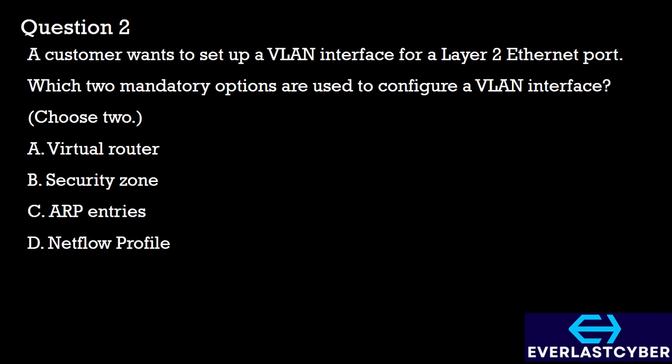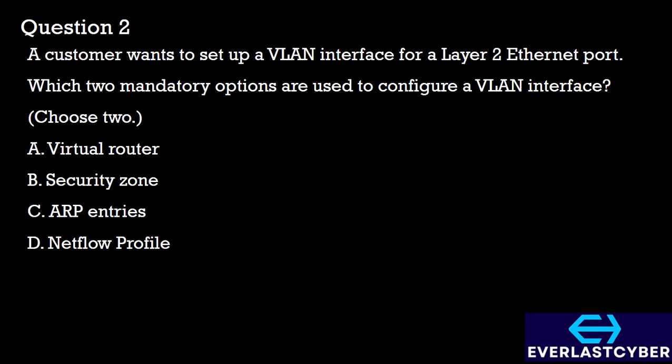A VLAN interface requires a virtual router to handle Layer 3 traffic when inter-VLAN routing is needed. It enables communication between different VLANs and the external network. So this is likely one of our answers. In option B, a VLAN interface must be assigned to a security zone to enforce security policies and traffic control in a firewall environment. Looking at option C, ARP or Address Resolution Protocol entries are automatically learned and maintained dynamically